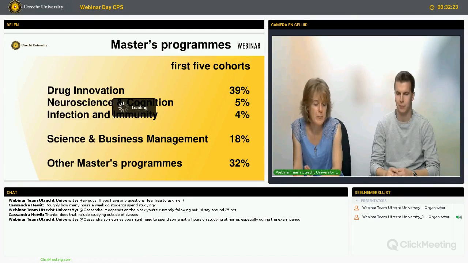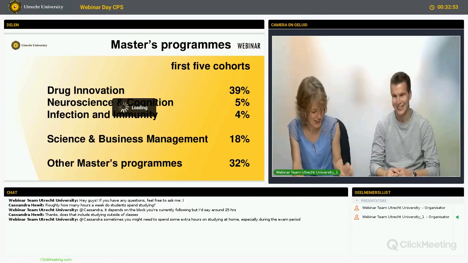Another possibility is to work in drug regulation, because the picture of the building that you see on the slide is from the European Medicines Agency. All the drugs that want to be on the market have to go through this approval process. That's very important, of course, because the drugs have to be safe and effective. So perhaps that is an opportunity. You could become a science teacher. Well, there are many more possibilities.